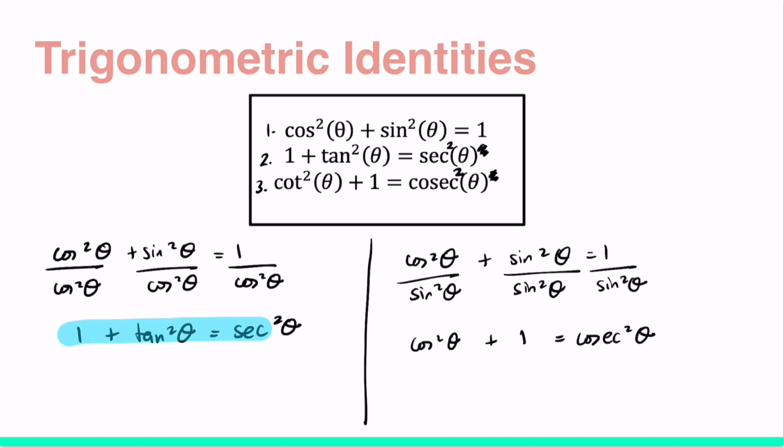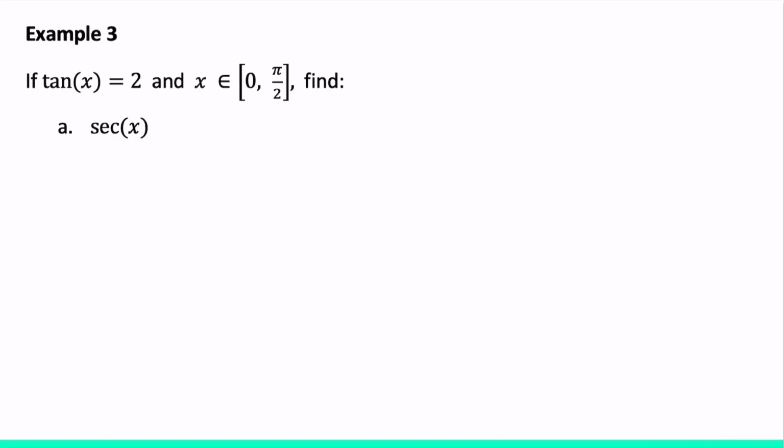So here is how I get 2 more identities. So together, well not together because there's 3 of them, but all 3 of these form identities. What that means is that the relationship between the 3 of them is always going to be true. So what we're going to do is use these identities now to help us solve a series